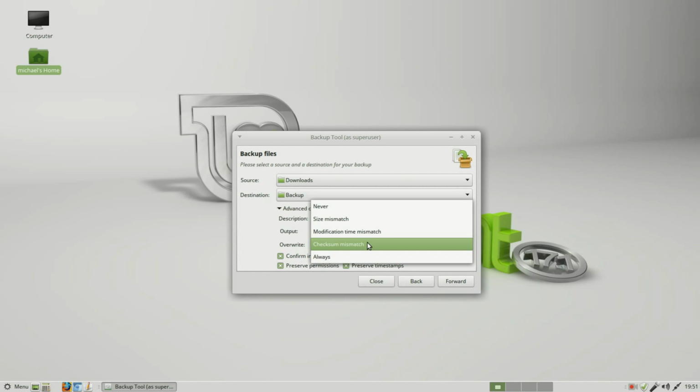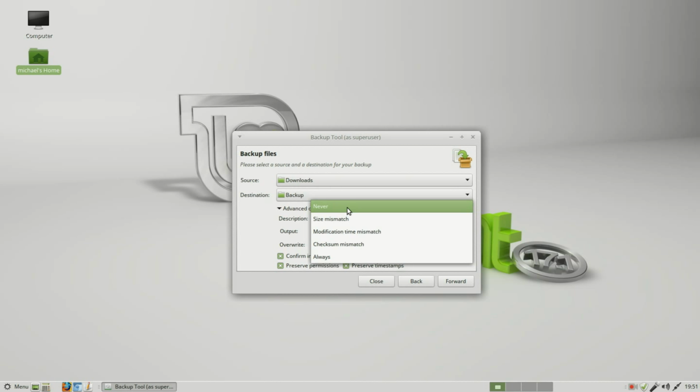What this means is if it finds it on the backup file already, I will never update it. I will check the size. If there's a size mismatch, it will update that file. If the modification time is changed, it will update that. There's a checksum, and then there's always, which just means copy everything and put it into the backup file.